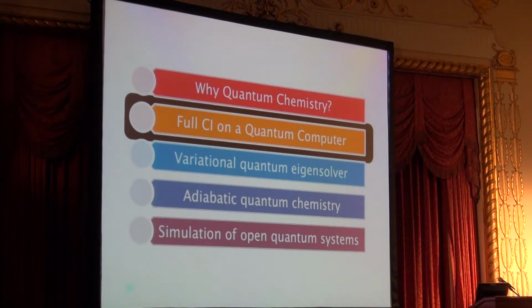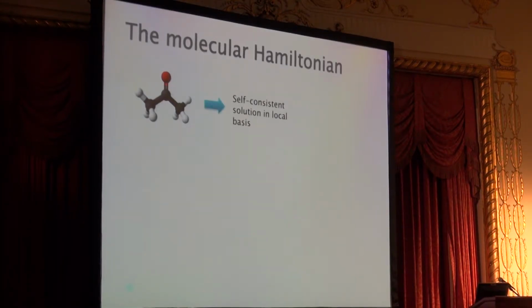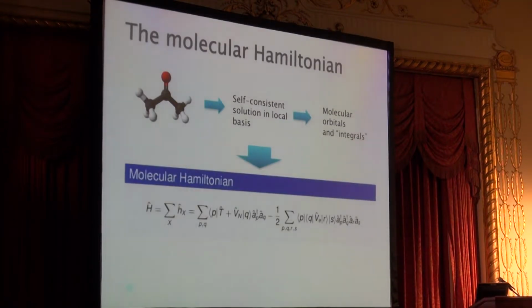So let's talk about how to do it on a quantum computer or a quantum simulator. So let me just introduce some terminology here. Say you take the acetone or any molecule you want, and usually where you want to start is with a self-consistent solution of its wave function in a local basis. We'll come back to locality strongly in this talk. And that will lead to what we like to call molecular orbitals, which are just the single particle eigenstates of this molecule, and so-called integrals, or basically a way of writing the second quantized Hamiltonian as a function of integrals based on these orbitals. And you have first,